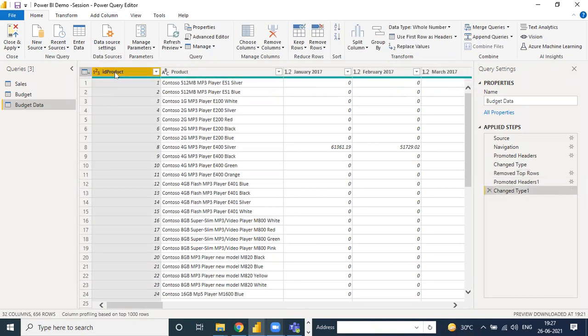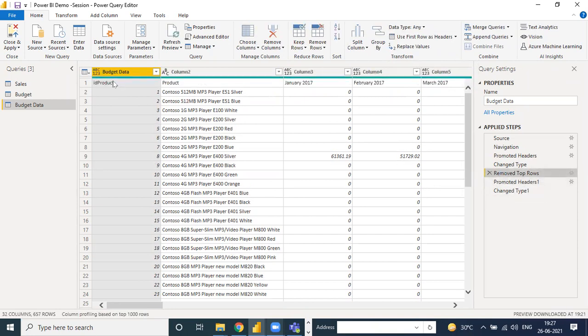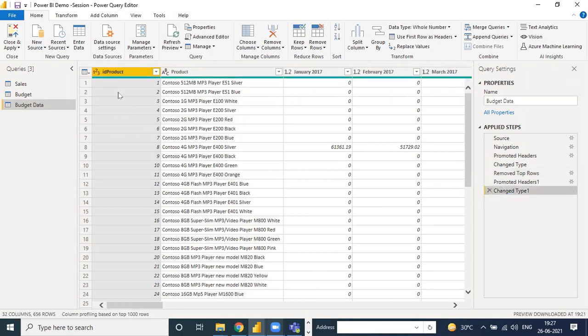See, when you use the first row as a header, there is already a Promoted Headers step. And when you click on the previous step, then you can see the same step. Suppose we go to this step here, see all our data is going to clear some of the steps.